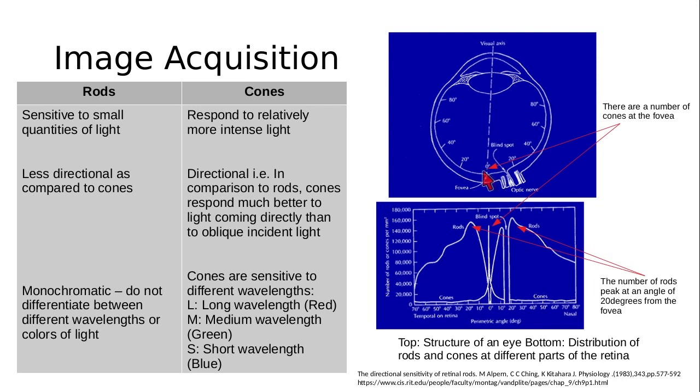The number of rods at about 15 to 20 degrees away from the fovea is very high. And then again, rods also fall off, but not as much as cones. Right, so rods are more concentrated around here and here, and they fall off as you go away from the fovea, but compared to the cones, they are more evenly distributed. These references would help you understand a little bit more about the sensitivity of retinal rods as compared to cones, and they give you much more elaborate understanding of how they are distributed across the eye.